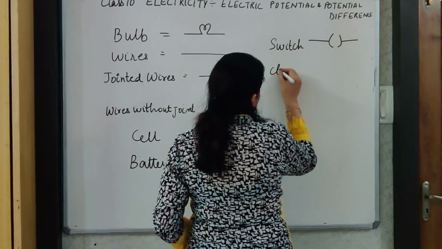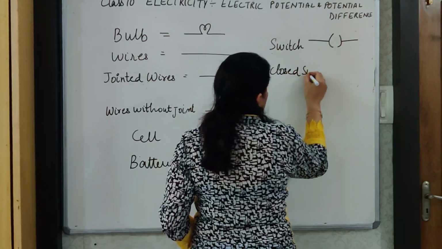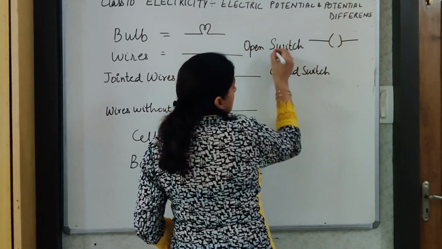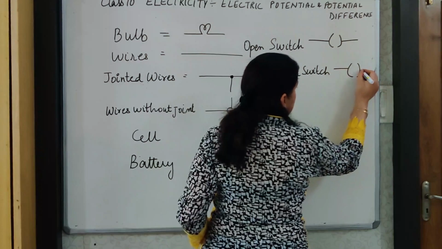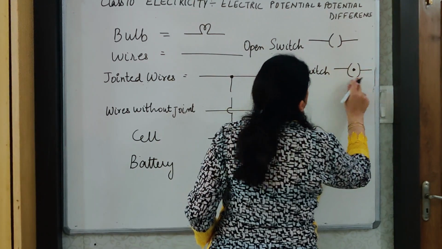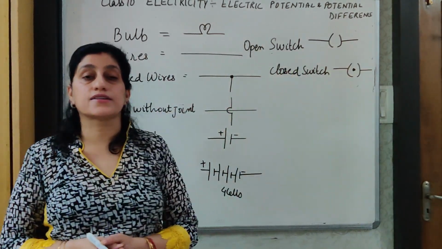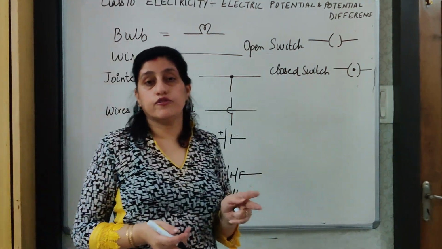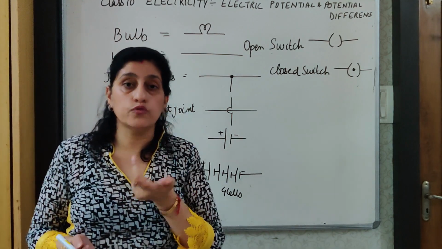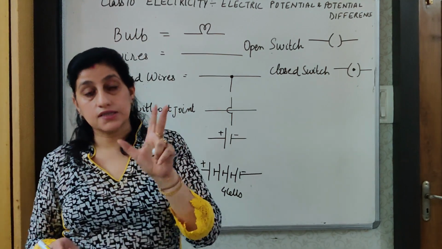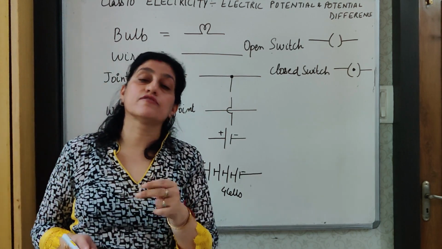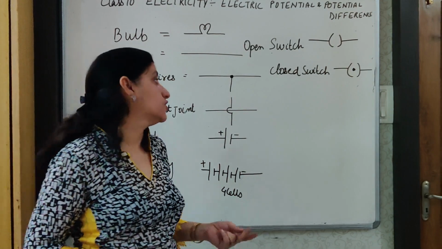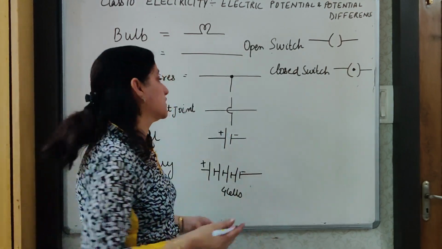So with this type of switch, no electricity flows. And a closed switch, so we can say this is an open switch, and a closed switch is when we have the key inside it. When we have a closed switch, electricity is going to flow. After this, we have 3-4 more symbols which are new words for you. So I will just let you know the symbols, and everything will be explained to you as we proceed with our videos of this chapter.